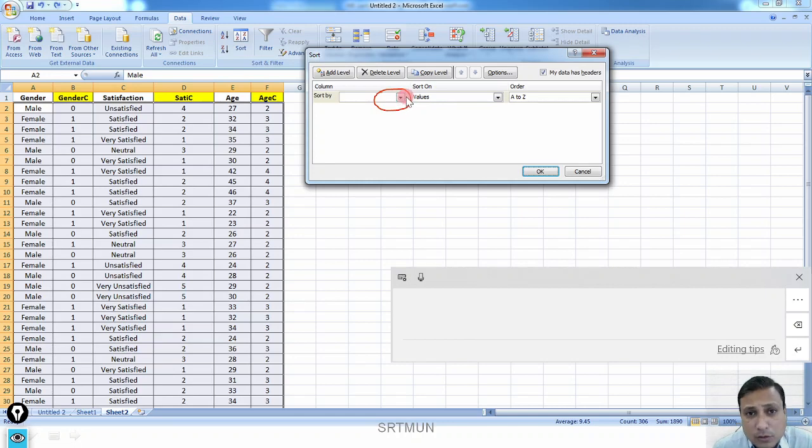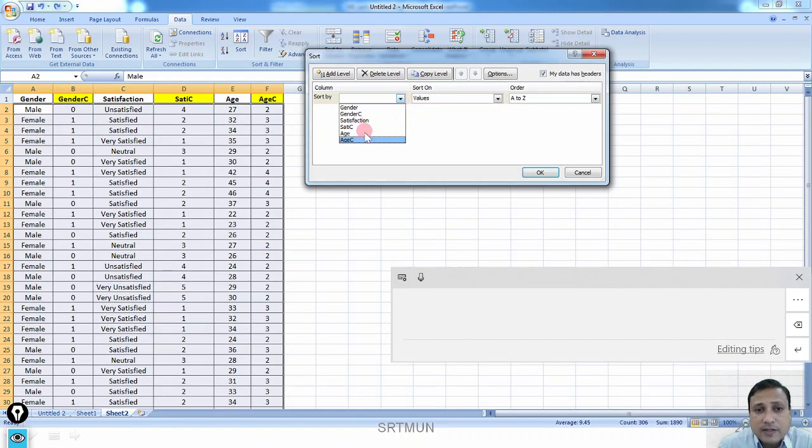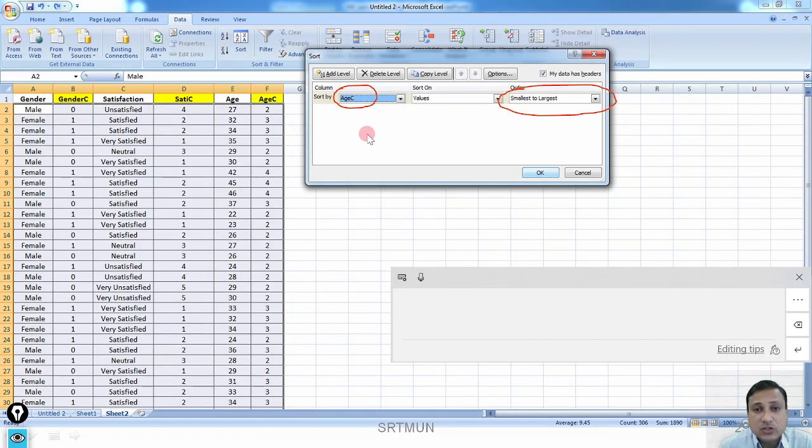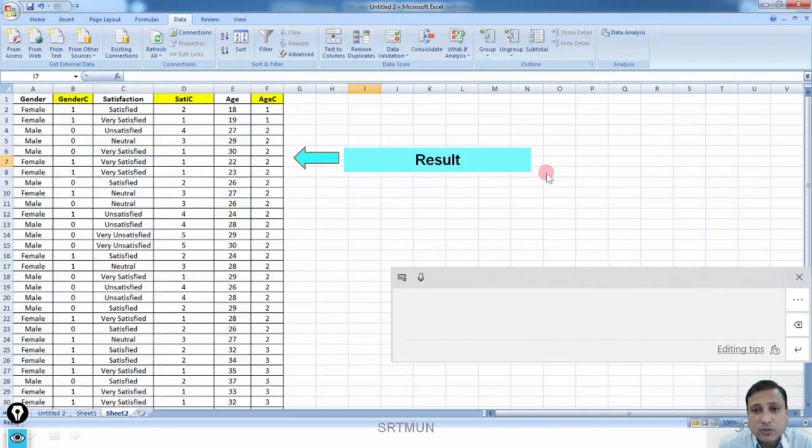I have selected the complete data. Now, if I click on this arrow, all the variables are listed here. Now, this is a very small sample data set. Correct. If we have plenty of variables, all the variables will get listed here. Out of which, suppose I click on age C, suppose I just want to sort all my data using coded age, fine. And here if I choose smallest to largest and if I press OK, you can see that now my data is sorted